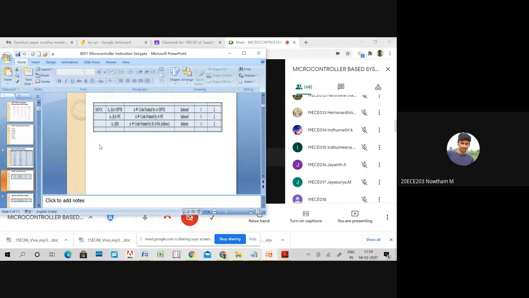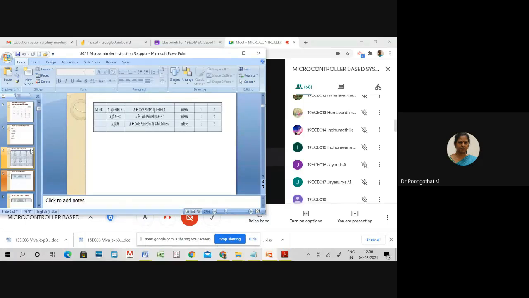Ma'am, I have one doubt. Yes. Ma'am, what is the difference between Ri and Rn? Ri means i can take only 2 values, 0 and 1. n means it can vary from 0 to 7. Okay. So i means only pointers R0 and R1 are available, no? Yes, it can take only 2 values, either 0 or 1. You can specify either 0 or 1 in the instruction. Okay, ma'am.